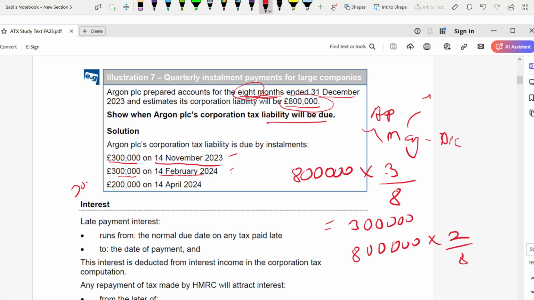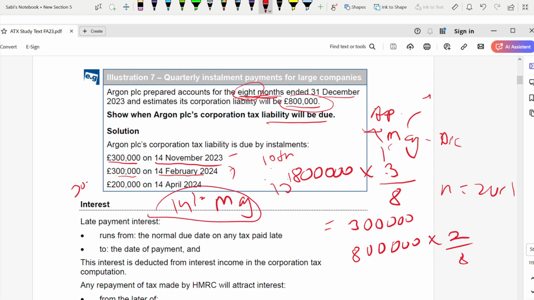You have to write N could be 2 or 1. It can't be 3 because you can't pay exactly after 3 months. Why? It should fall on the 7th, 10th and 13th month. If it falls in the 13th month, so from Feb, March, April, May, it will fall on 14th May, right? It can't fall on 14th May. Why? Because the accounting period starts from 1st May. It falls after the accounting period ends. So that's why it's 14th April, 1 month before.